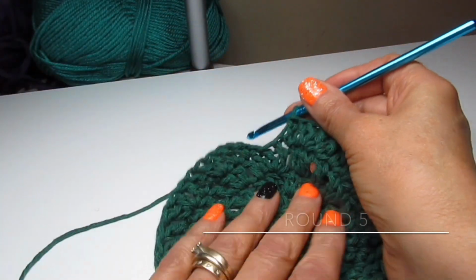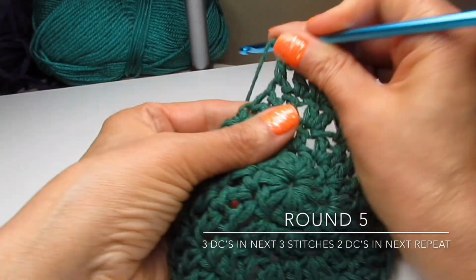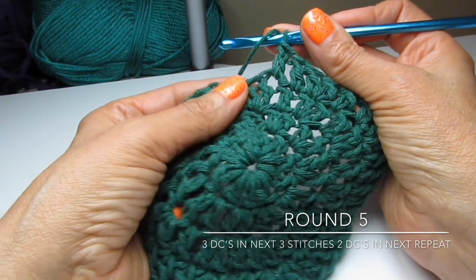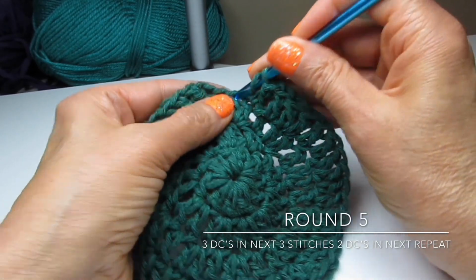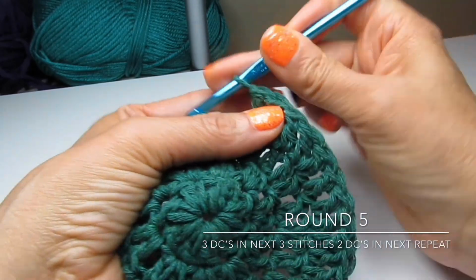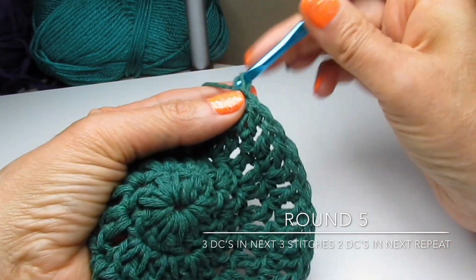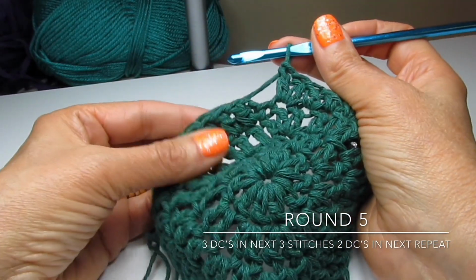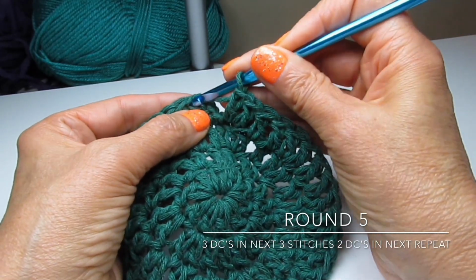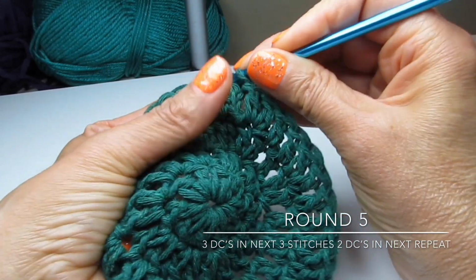Okay, we're almost at the end of round 4, and I just want to do the last 2 with you. So I did my 2 double crochets, and then in the last stitch we're going to do 2 double crochets in the same stitch. So that's 1 and 2, and then we're going to join again with the slip stitch at the top of the beginning first double crochet of the round. So do a slip stitch,